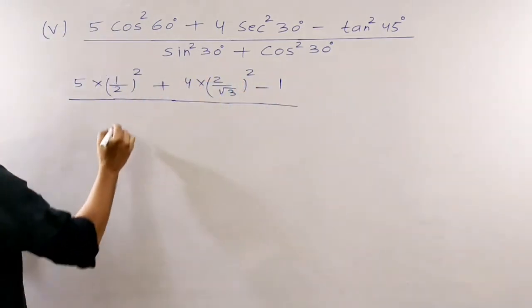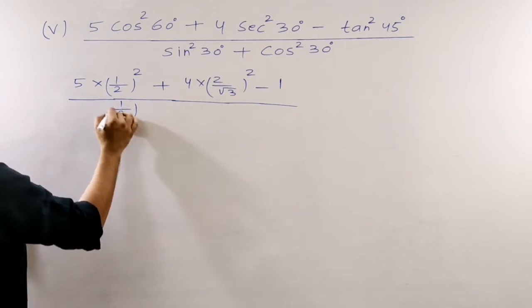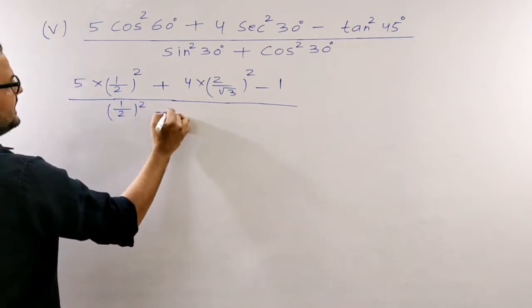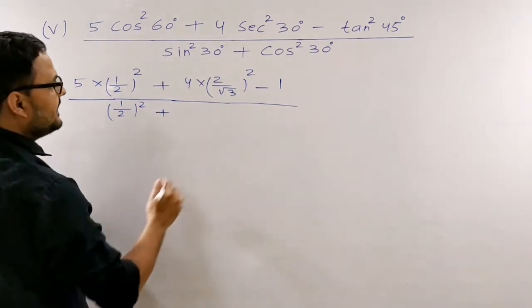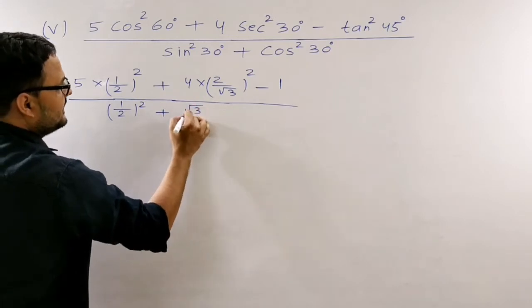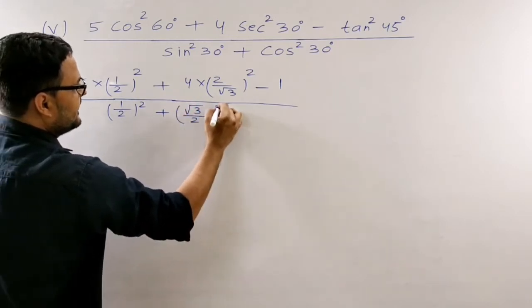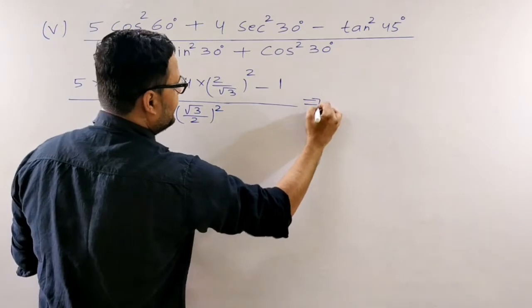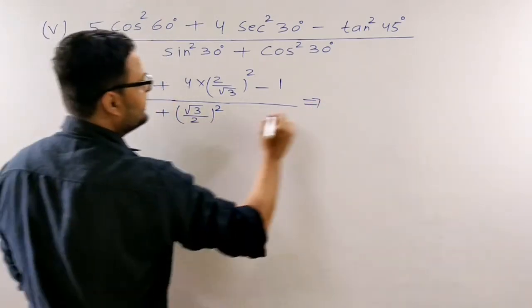Sin 30 is 1 by 2. Sin square 30 means (1 by 2) square. Plus cos 30 is root 3 by 2. Then cos square 30 is (root 3 by 2) square. Now we will simplify. 5 into